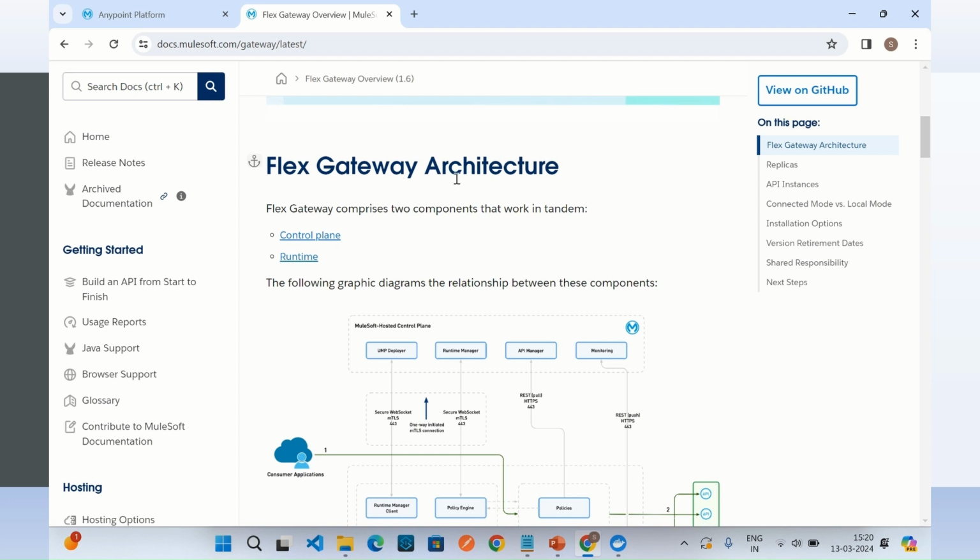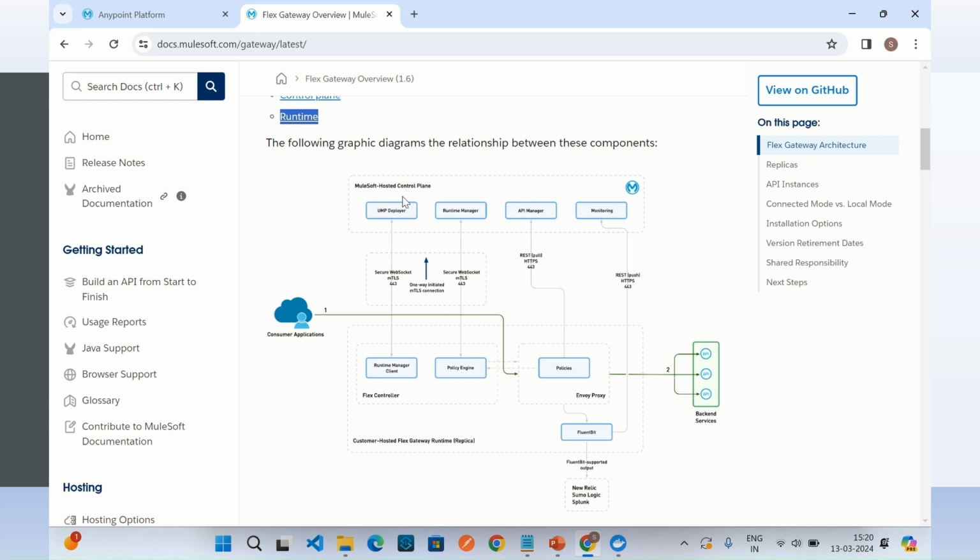Flex Gateway architecture. It has two components: the control plane and the runtime plane. The control plane, which is managed by MuleSoft, has Runtime Manager, API Manager, and monitoring. So you can manage the API and create policies on the API using the control plane, which is the MuleSoft-hosted part of the architecture. And then we have a runtime where we have Flex Gateway, Flex controller, Envoy proxy, and